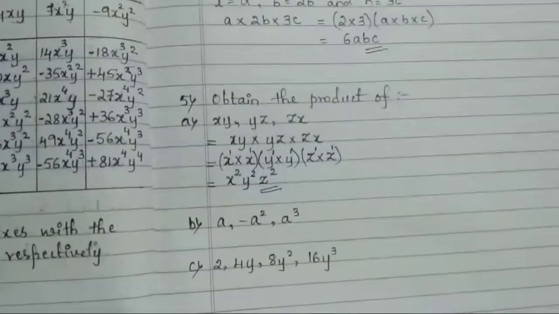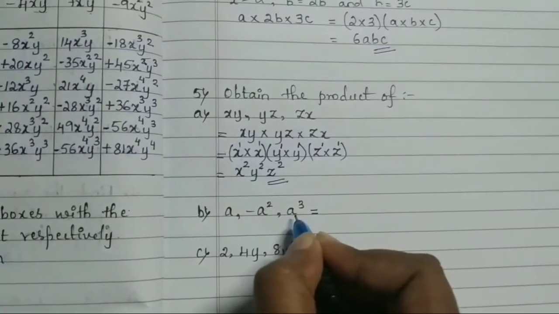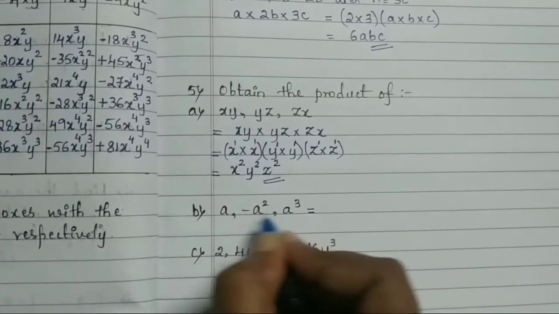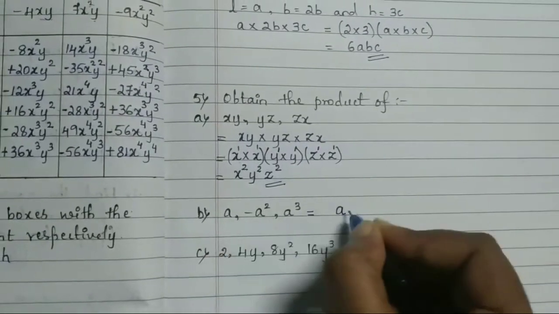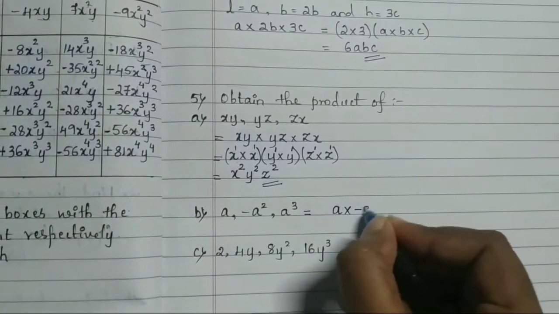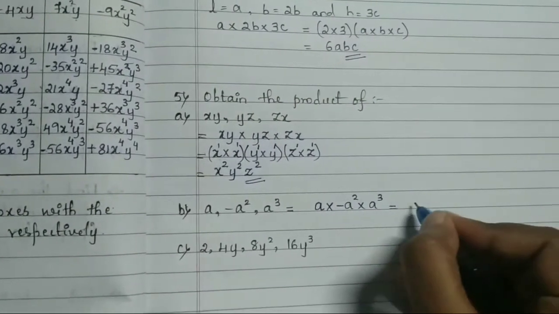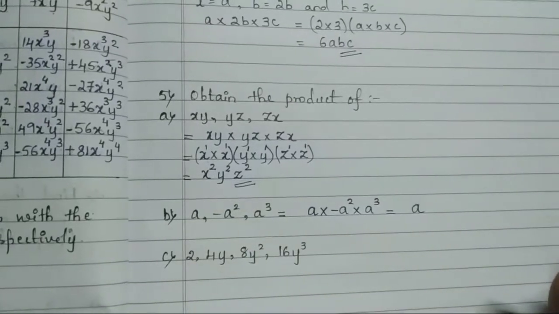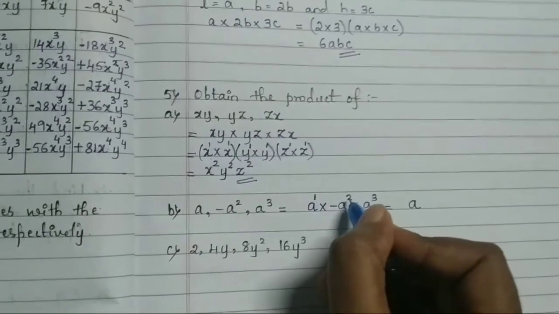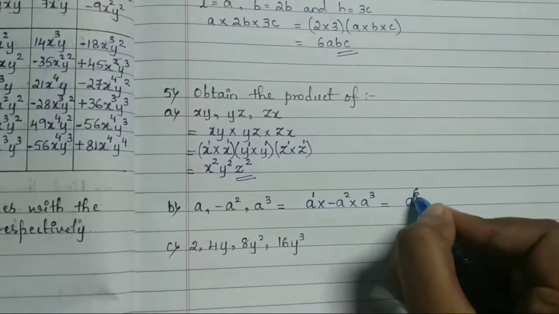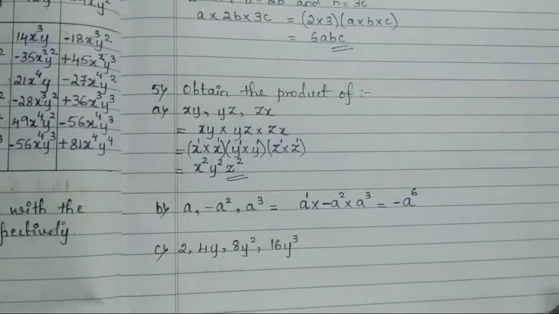Okay. Moving on to the second question. Here we can see what is given. All the terms are having the same base. So we will keep the base same. Before this we have to write it in the product form, into a to the power of 3. So as the bases are the same, we will keep the base as it is and we will add all the powers here. So it is 1 plus 2, it is 3. 3 plus 3 is 6. And you can see 1 minus sign is given here. That minus sign we will keep as it is.